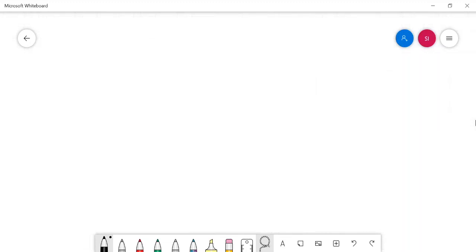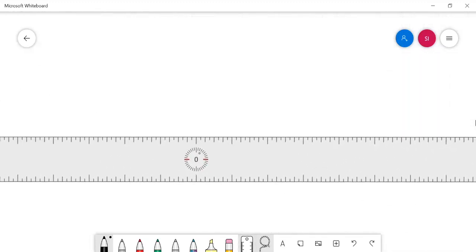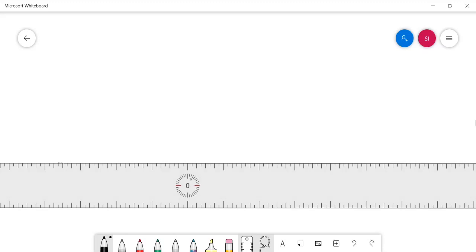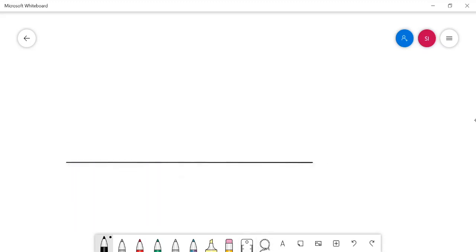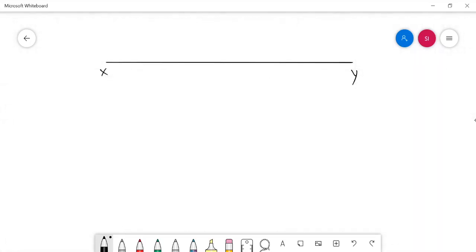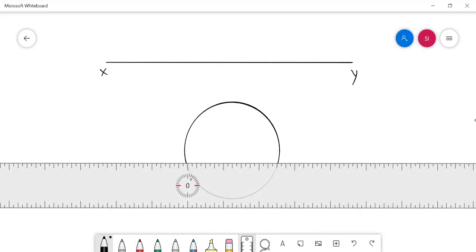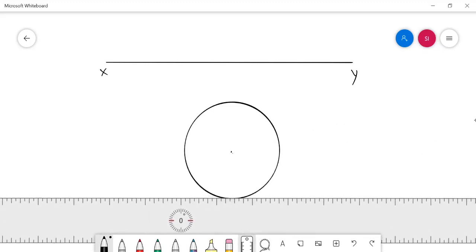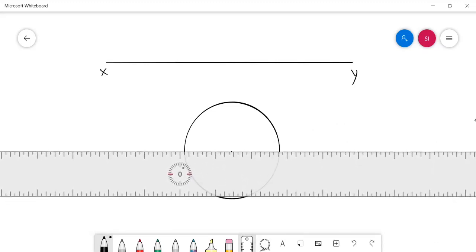Let me draw the base and lateral view of the solid starting from the XY line. And again here also I need to split the circle into 8 equal parts.